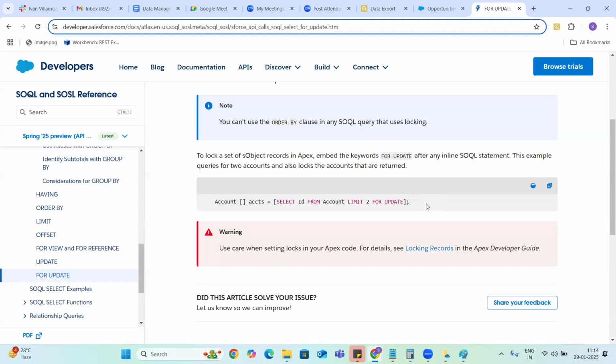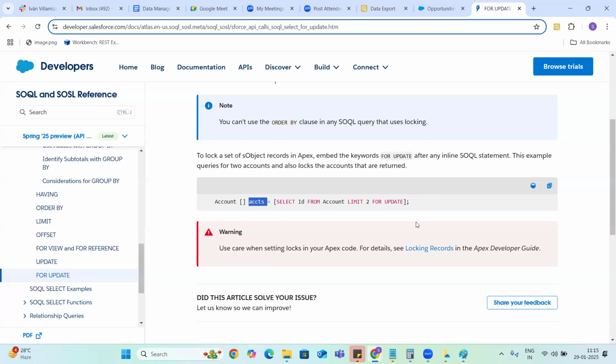To avoid that, if you write the for update keyword while performing updates on the queried data, the other people working on the same records will not impact your operation. That is the use of for update.